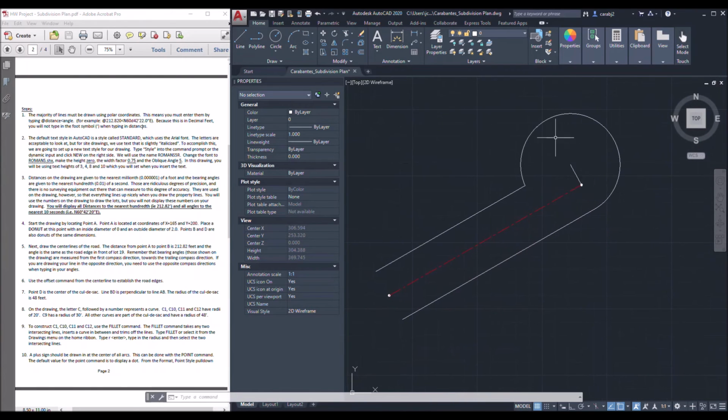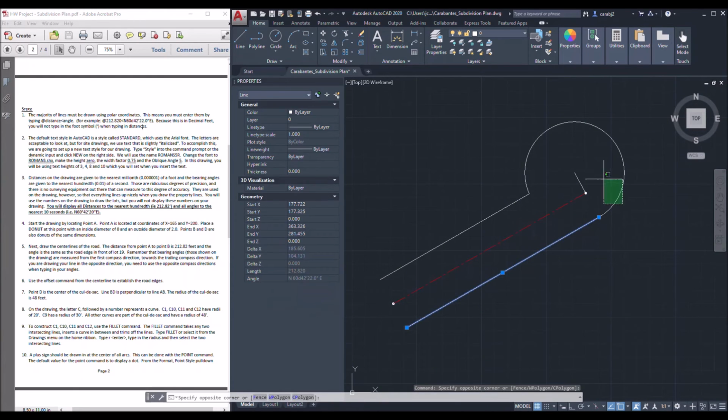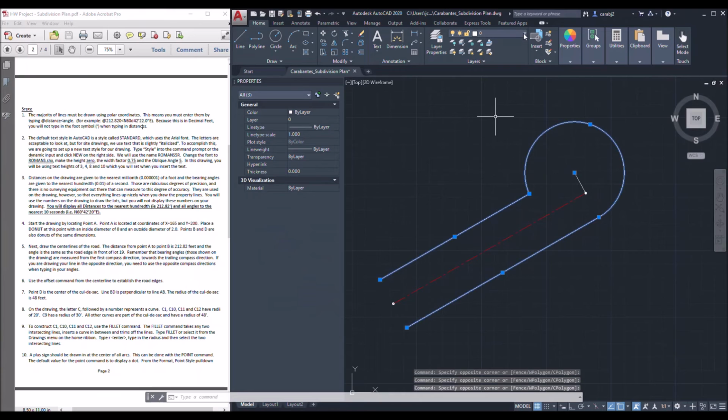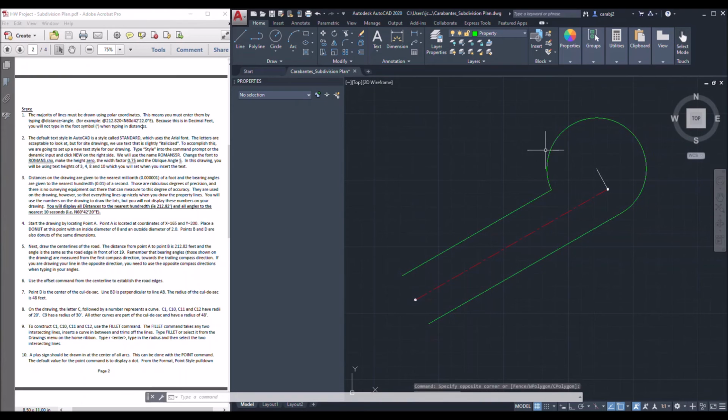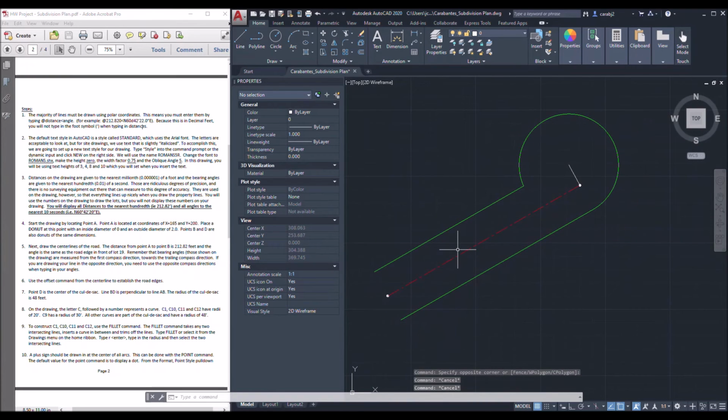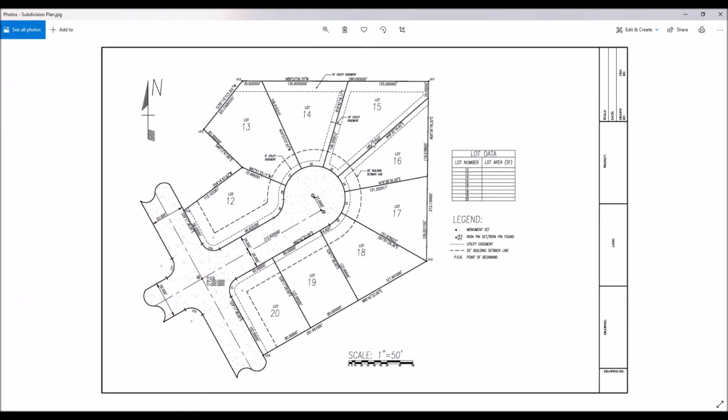So now that you've got your center radius there, just make sure that your lines here are on the correct layer. I forgot to put those. Your rows can go on the property line layer, just so that they're the same as the property lines themselves. So when you're doing all of your drawings, like I said, make sure you follow the